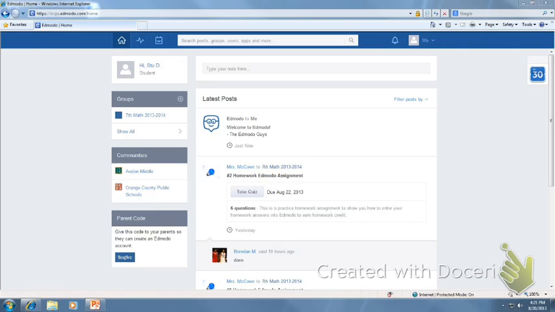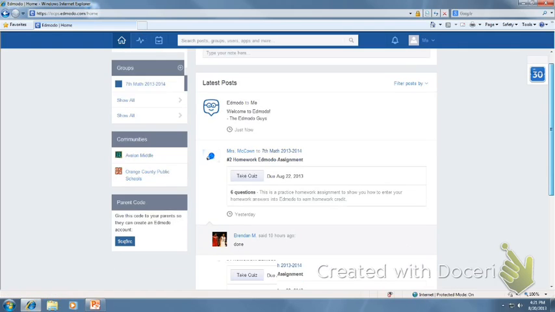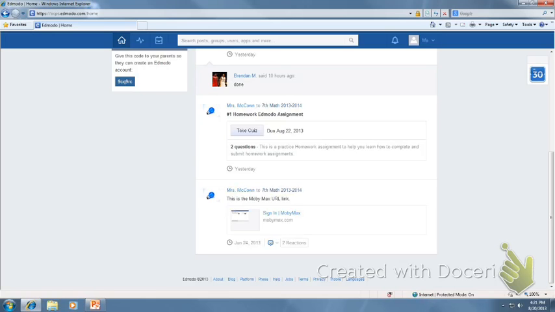Now, moving on, I'm going to scroll down the screen and look for quiz number 1, which is my homework Edmodo assignment. I'm going to take the quiz. So I can see already that there are 2 questions. This is the description. It's a practice homework assignment to help you learn how to complete a homework assignment and submit it. The due date for this is August 22nd, 2013. So I'm going to click on Take Quiz,